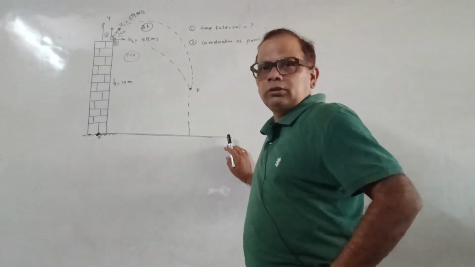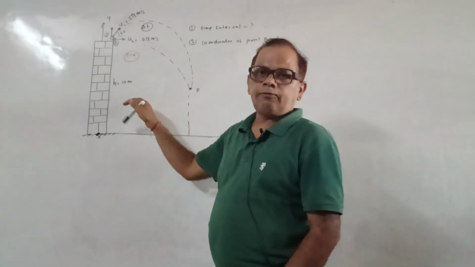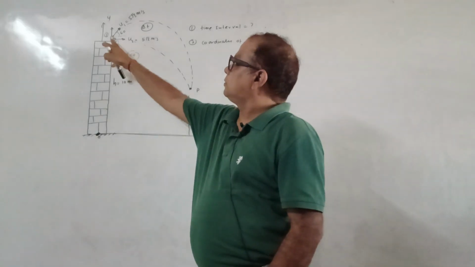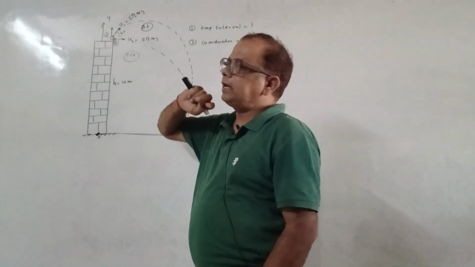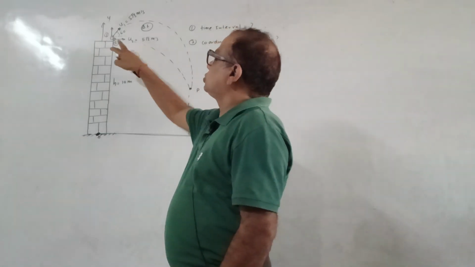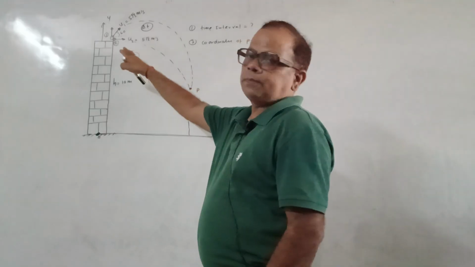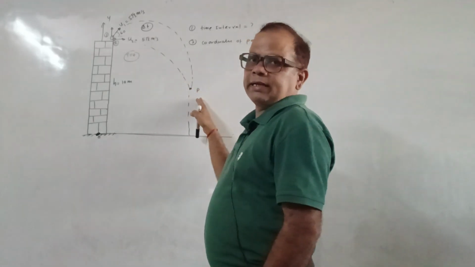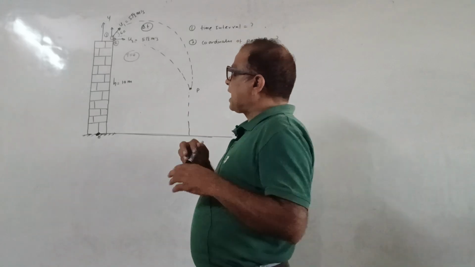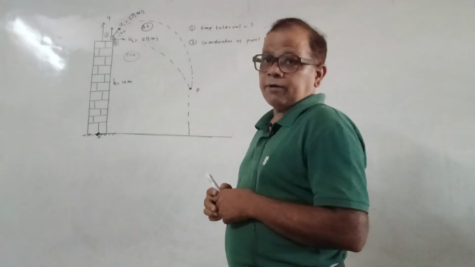I have taken a question for you from projectile motion. We have a building of height 10 meter and two particles 1 and 2 are at the top of the building. Both particles have the same speed. One particle is projected and after some time the second particle is projected, and they will collide in air. So we have to find the time interval after which the second particle is projected after projection of the first particle.